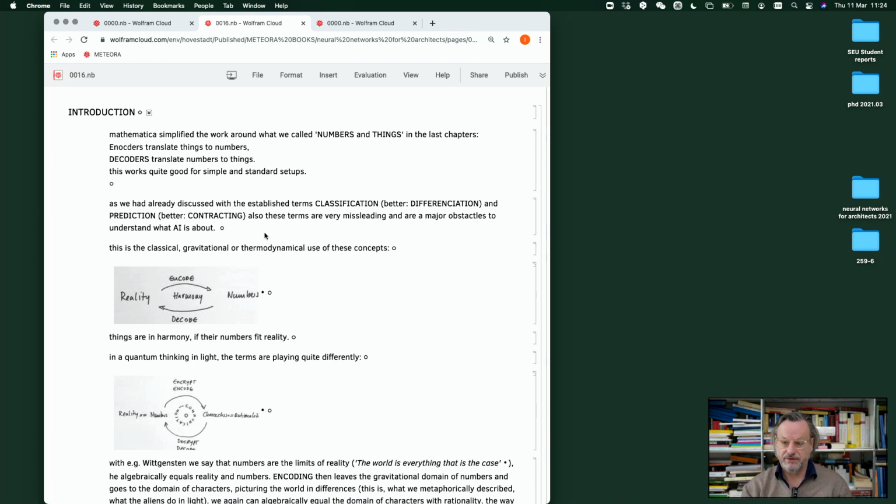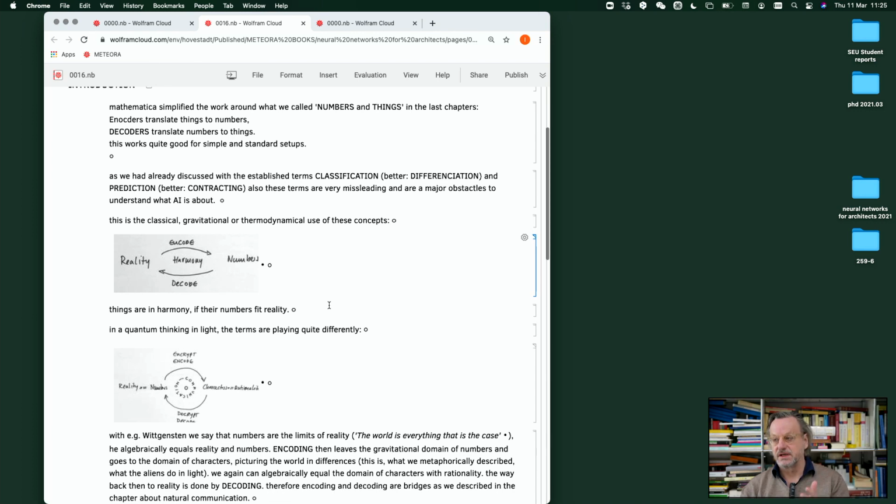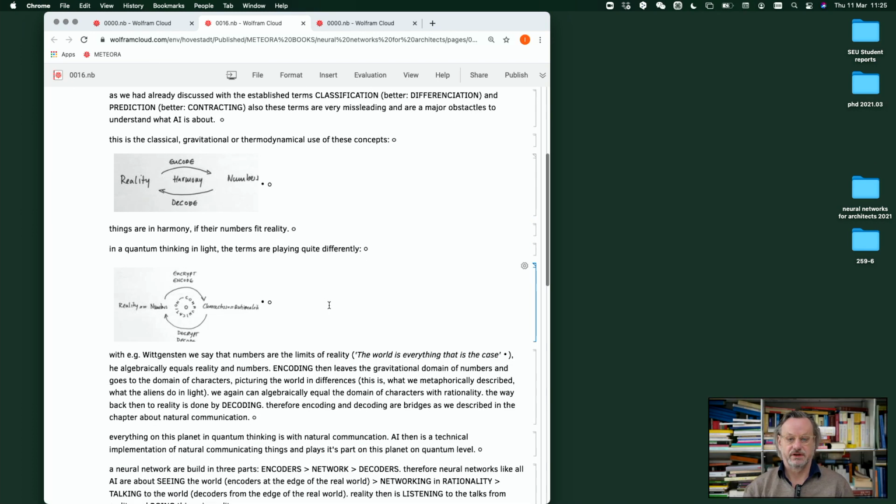If you have a geometrical thinking around the harmony of reality, this is what encoders and decoders are discussed towards everywhere. You have reality and you encode parts of reality to numbers, and then you decode numbers back to reality. These things are good if the numbers are in harmony, if the numbers fit reality, so are part of reality. The reality itself is a unity of everything. We are very unhappy with this view because it's not the quantum view of the 20th century, which is driving all physics, mathematics, all biology, all computer science of the 20th century, all the things we are struggling around